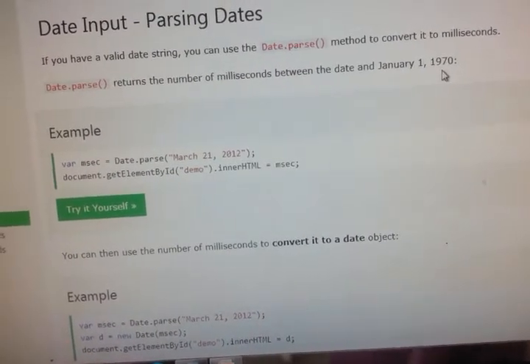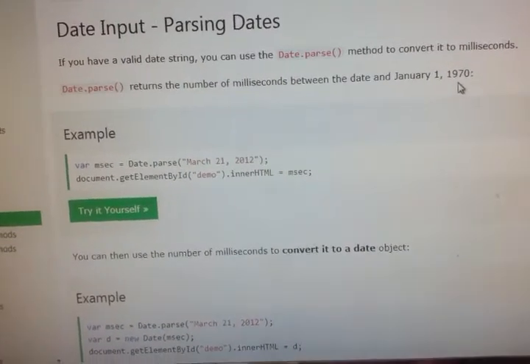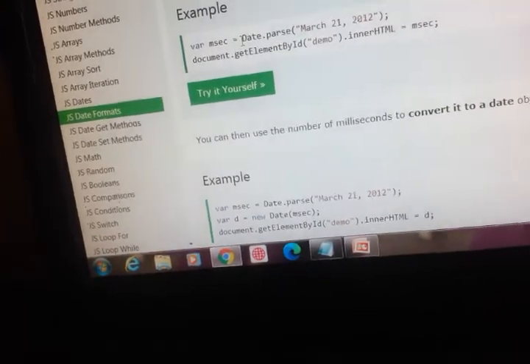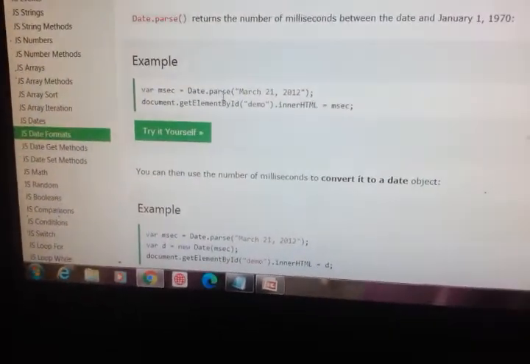If you see the example for that, I have declared a variable msec.